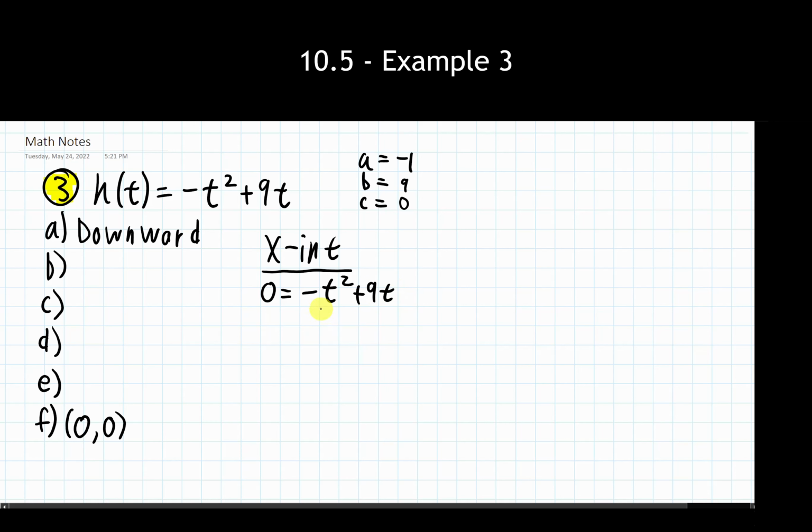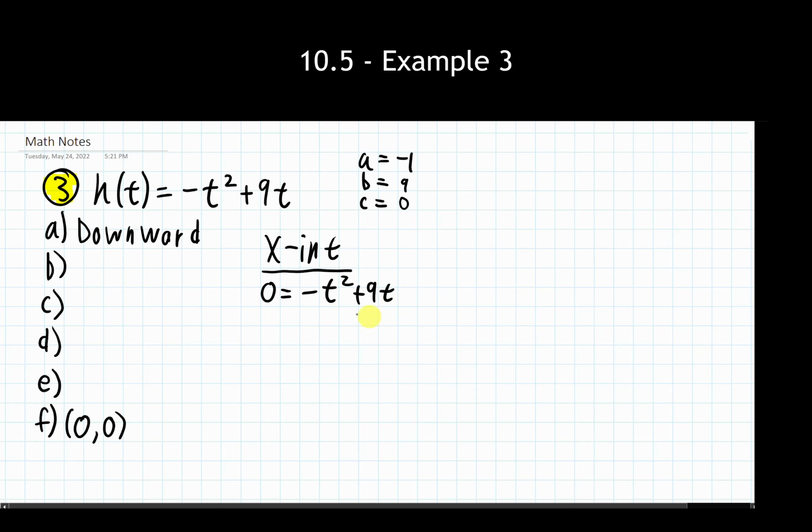Okay, so what can I factor out from both of these? Well, I could factor out a negative t. I don't like my leading term being negative if I can help it, especially with factoring. So I'm going to factor a t out from both of these, and I'm going to factor a negative sign out, or a -1. So that means I'm going to have negative t out front. This negative t squared becomes t. This plus 9t becomes minus 9. Because remember, I'm factoring not just the t out, but I'm also factoring this negative sign, which means both of these signs will change inside the parentheses. So cool, I have this thing fully factored.